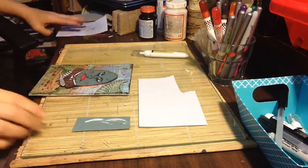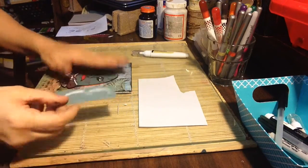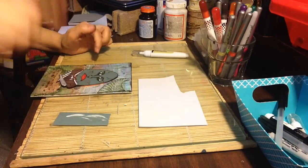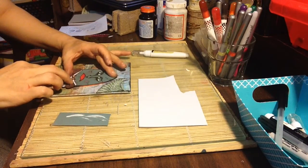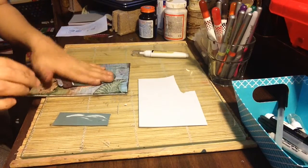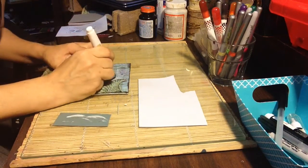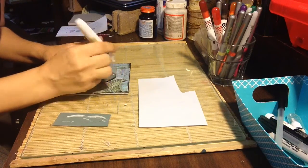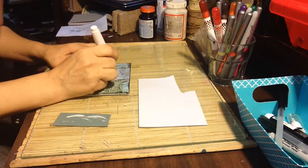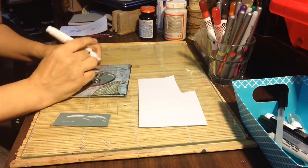Okay, so I did do a little test. This is the same side. I was making sure I was doing the same side of what he would look like if I had a little bit of white on him. I might just put a little bit of white on him to give him some highlight. I don't know where the light source is coming from, but